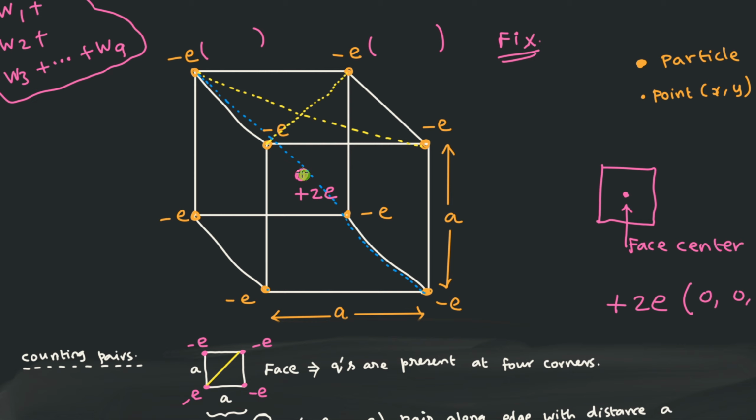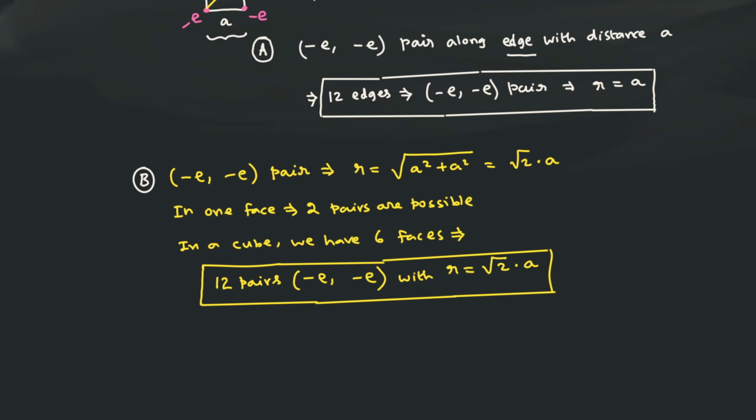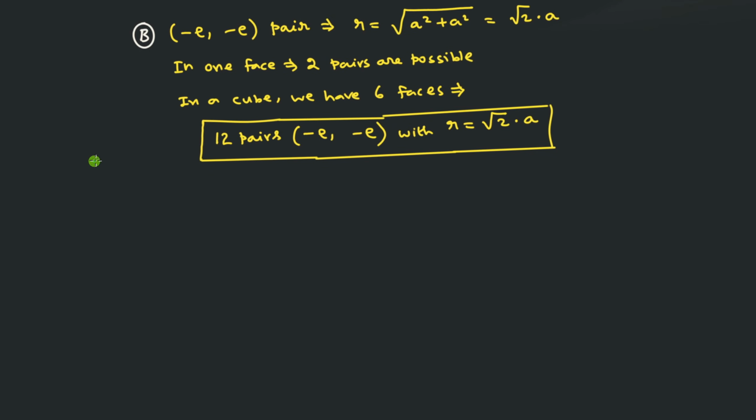Okay, this blue color line I have not drawn straight, but if you draw a perfect straight line here, then this is one pair. So there is a -e here, there is a -e here. So this is the possible pair. So the question is, if you draw this, what is the length of the blue color line that I have drawn? It's supposed to be a straight line. Okay, so that is the next possibility. So AB is written. Now let us write down the C.